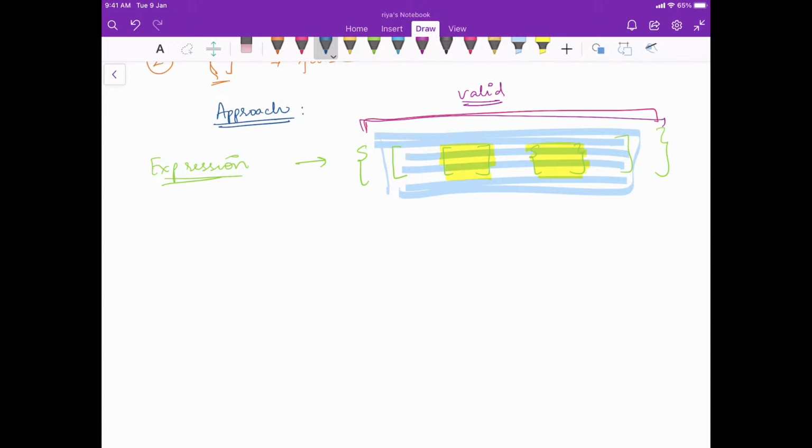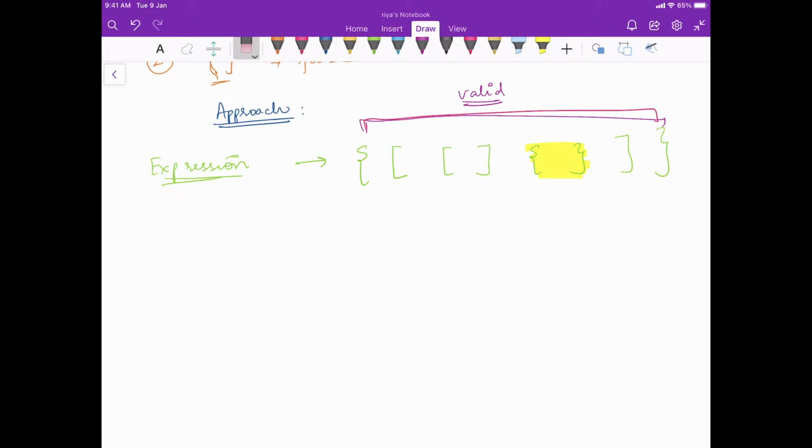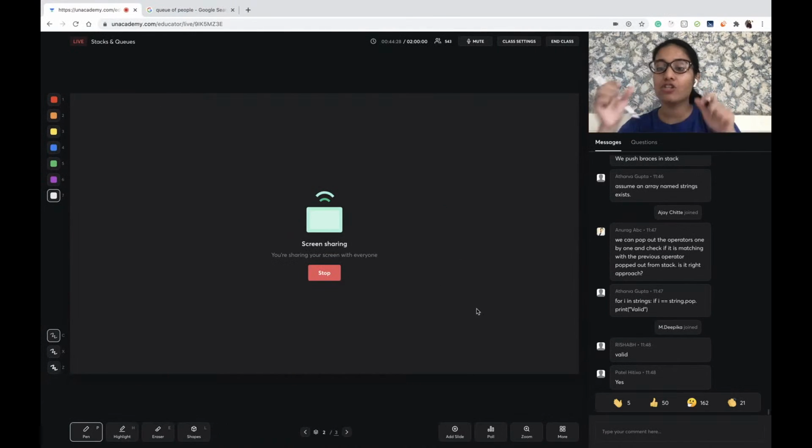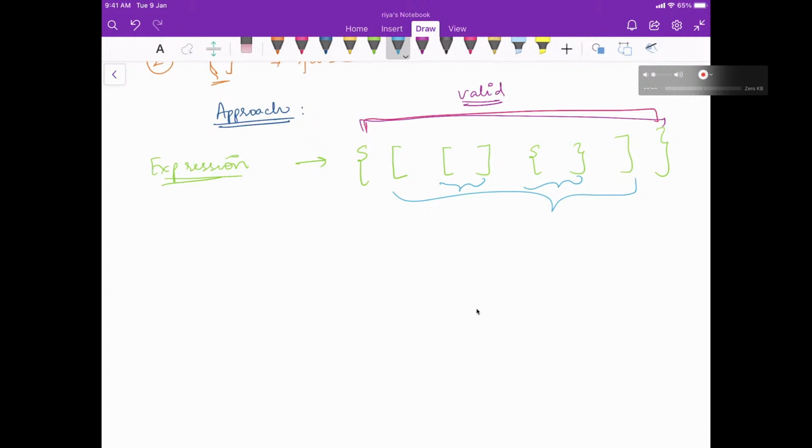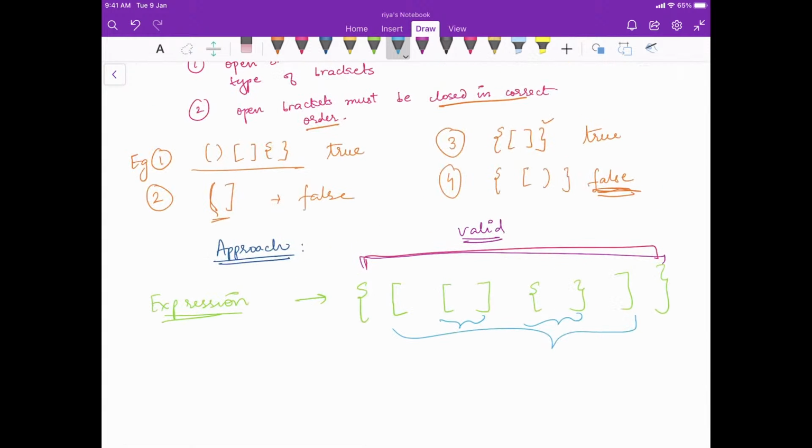So you will see here that for a particular expression to be valid, its sub expressions are also going to be valid. Okay, an interesting property is that a valid parenthesis expression is also going to have sub expressions which are also valid. This is a very interesting property here. You will see here that in this example, okay, there was this sub expression which was not valid. There was this sub expression that was not valid.